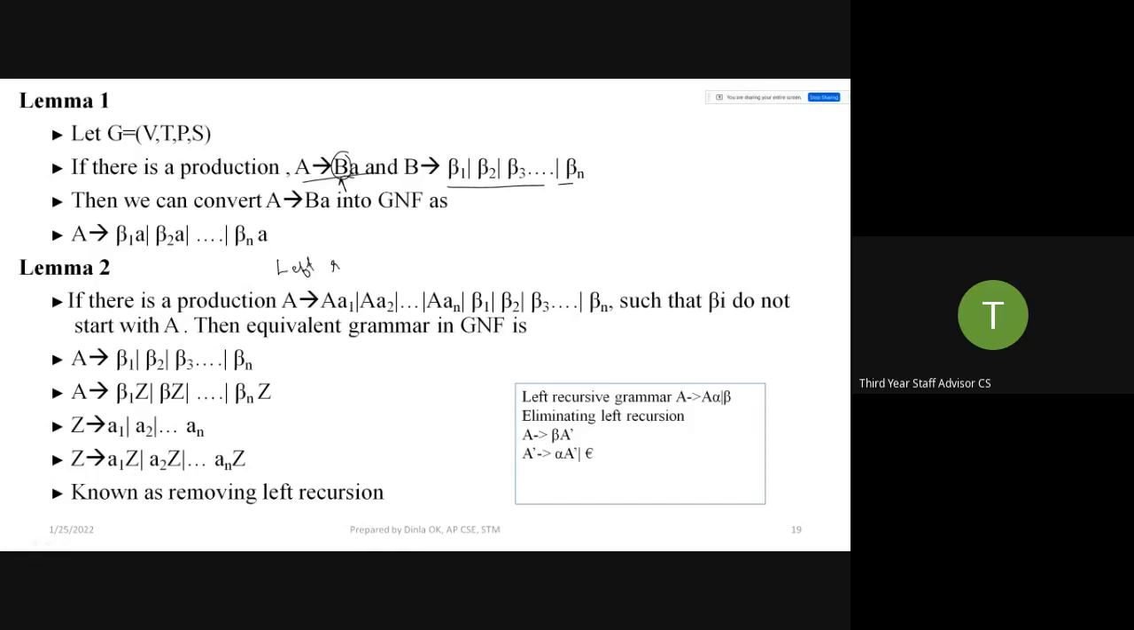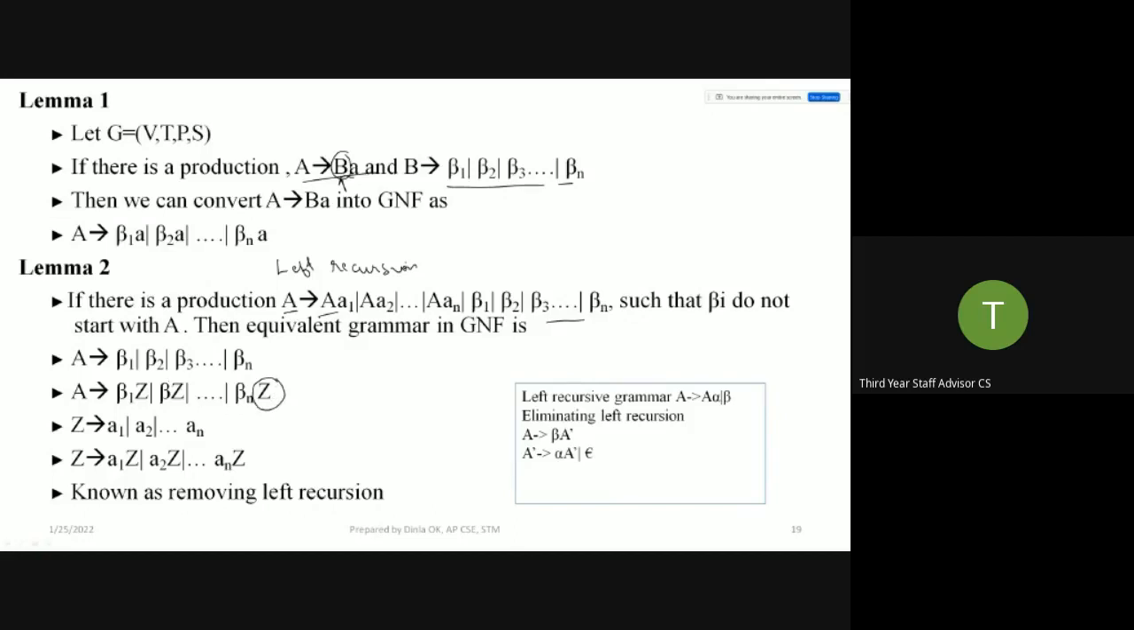The next lemma was eliminating left recursion. What was left recursion? If the leftmost variable, the leftmost non-terminal, repeats, that is, if it is of the form A implies A alpha 1, or A alpha 2, etc., A alpha n, or beta 1, beta 2, etc., beta n form, then we can replace this production by introducing a new non-terminal Z,